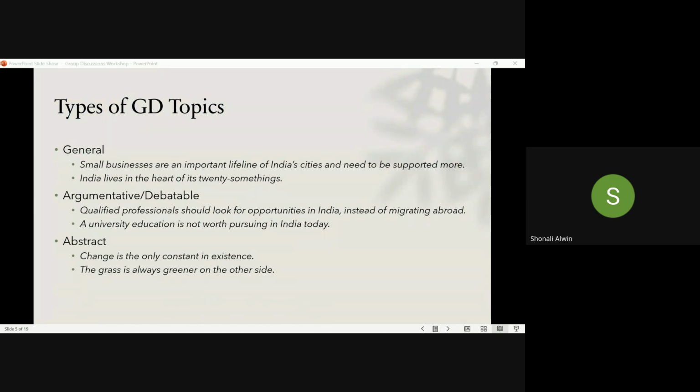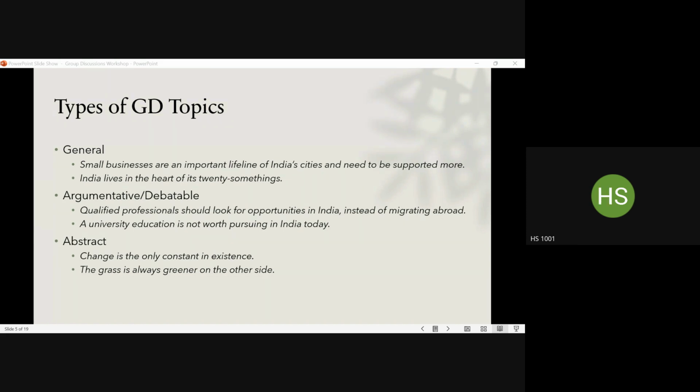Yes. Ma'am, in this abstract topic, how do we know whether this is the way the recruiter is expecting us to talk about the topic? Because it's a GD, everyone will be having their own views. How do you know this is correct or wrong based on the situation? In an abstract topic, like in an argumentative or debatable topic, there is no right or wrong. So, how do we know what they are expecting? We can't. If they had specific expectations of that sort, they would not use an abstract topic. Okay? That much you can be sure about. Yes, ma'am.